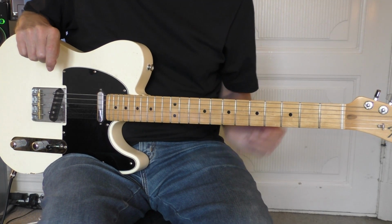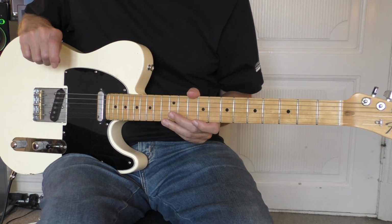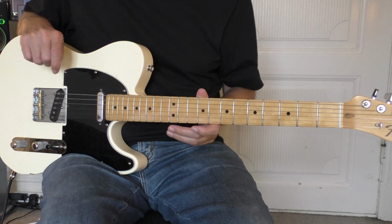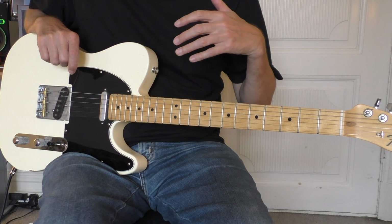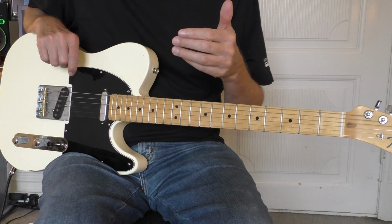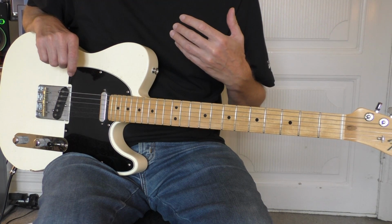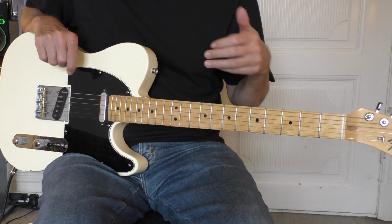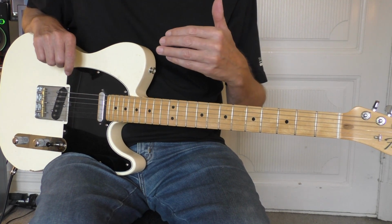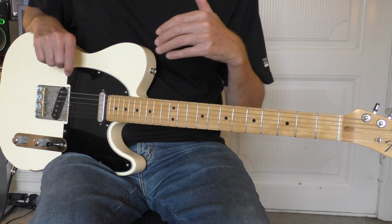Okay, then let's take a close look at this first pattern, this dominant 7 arpeggio. And when I use the dominant 7 arpeggios, it's because all these blues chords, whether it's a 7th, 9th, 11th or 13th, they are all dominant type chords, meaning they have a flat 7th. So when I have to play an arpeggio that works with these chords, it must be a kind of dominant type